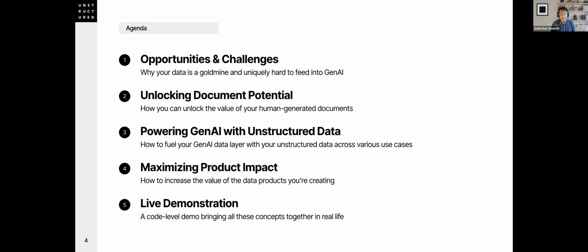And then I'm going to hand it over to Jenny for a live demonstration. And after that, we'll do some Q&A. We'll do a demonstration of the platform, some code-level programmatic access work, and you'll see a little bit about the power of the Unstructured platform.